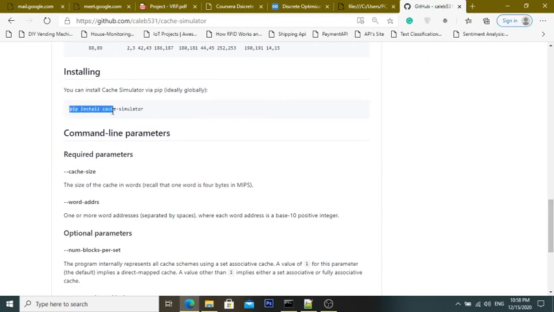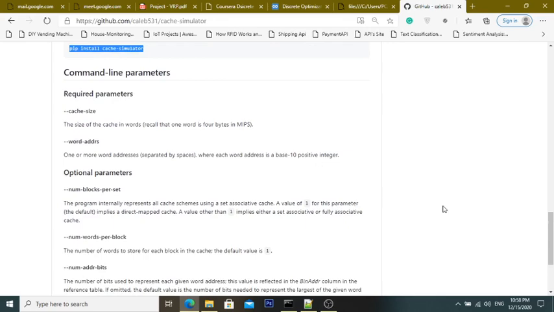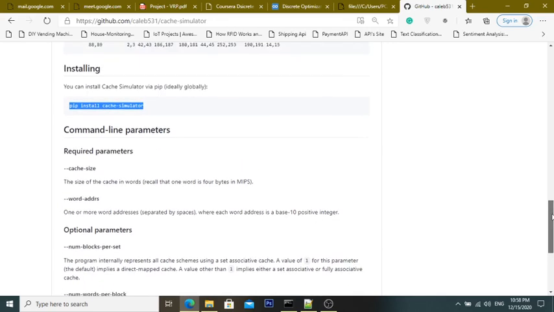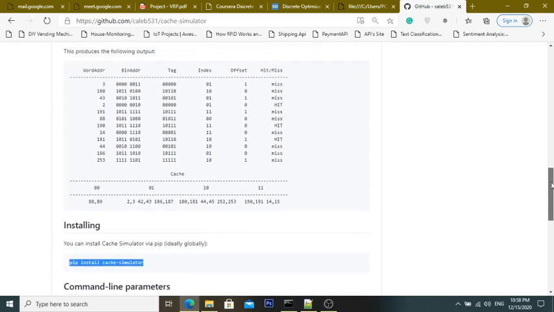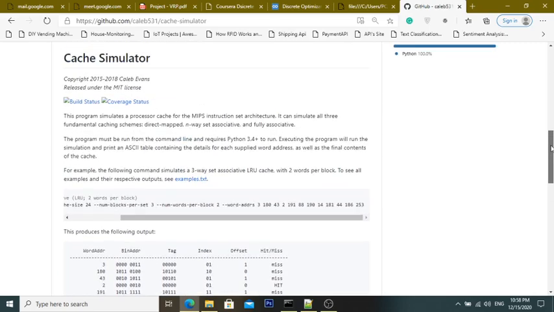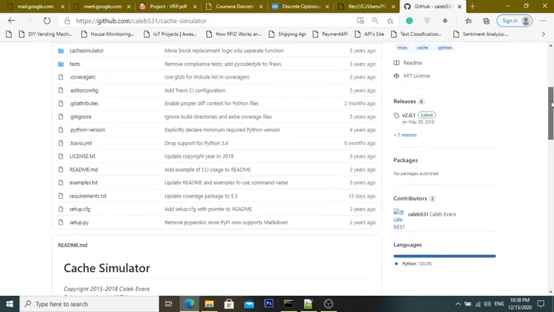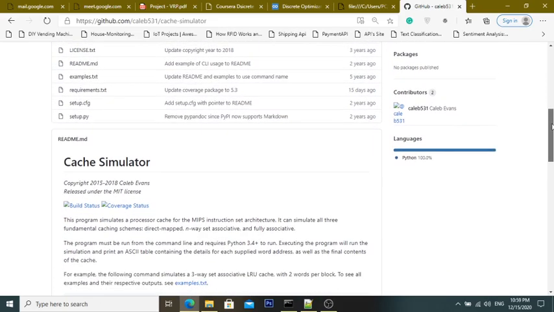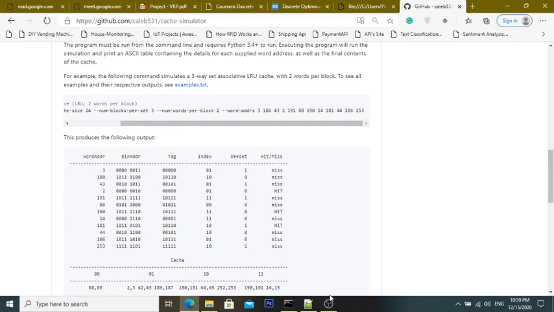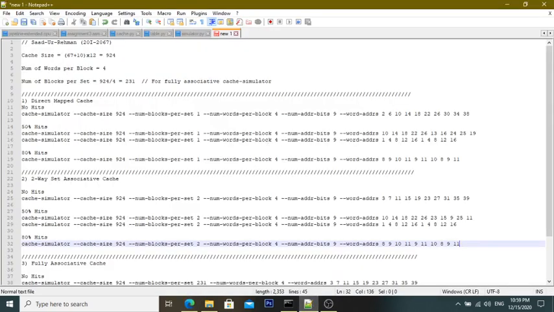computer using this command, pip install cache simulator, and this cache simulator can only run through the command prompt, as we have all the description about running the cache simulator on the command prompt on Windows or Linux. This cache simulator is totally written in Python, and in this assignment I have to